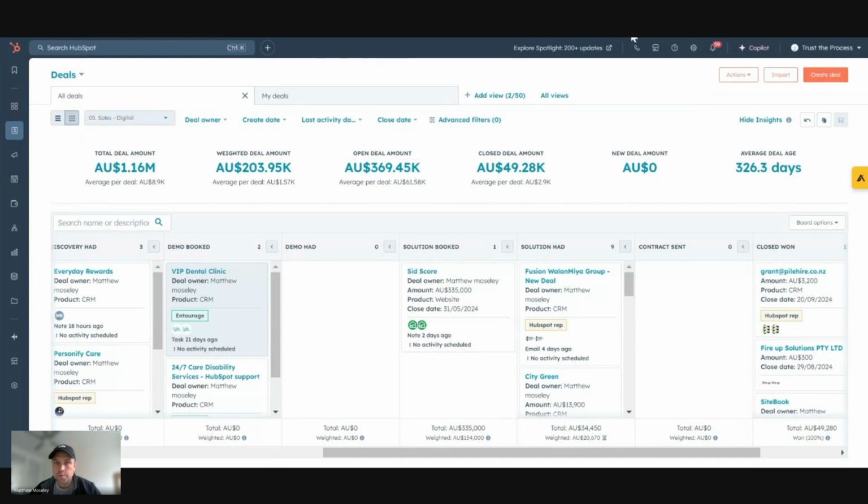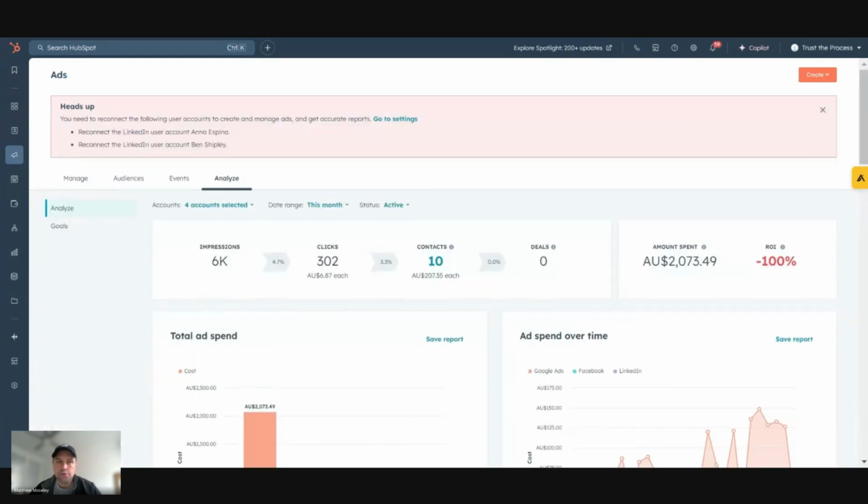Within all the social media sections, within ads, within emails, and we did a session on emails last month, they've got an Analyze tab that gives you that data and allows you to track and manage everything. So I suppose when you think about it, you obviously need to look at, number one, what bits of data are important to you, because there can be an overwhelming amount of reporting and data within HubSpot. But it is good to know that you do have a lot of options as well.